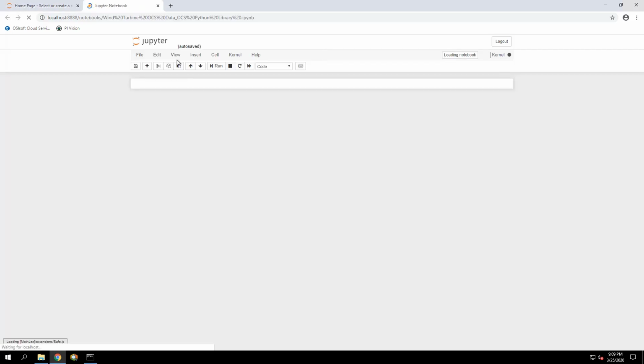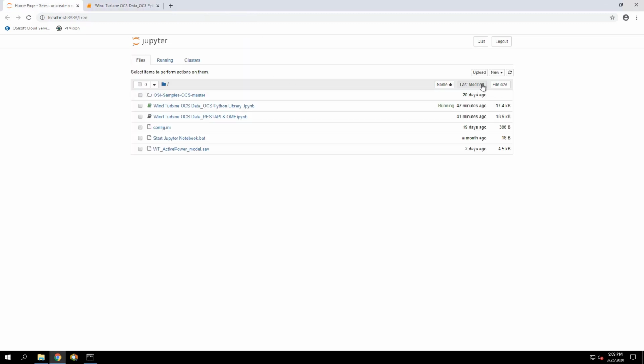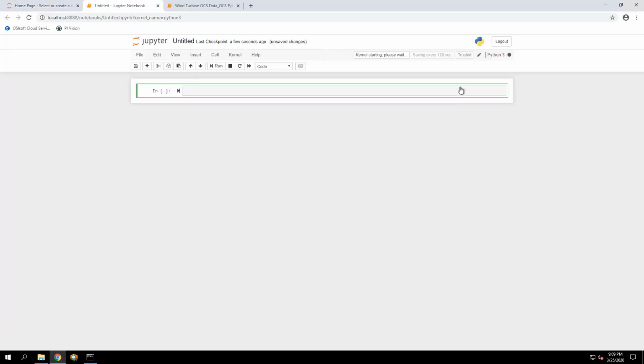Or you can create a new file. So what I'm going to do first is create a new file. You can do that by clicking New on the top right, and then Python 3, because we're working with Python version 3. This will open a new file where you can start adding your code snippets.